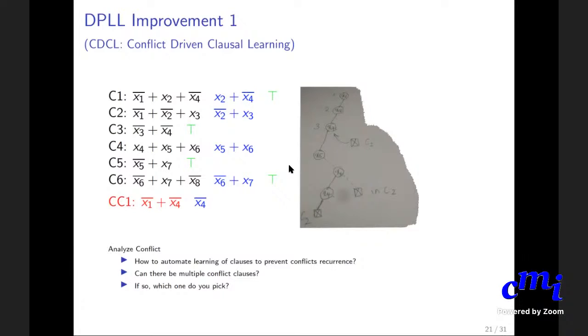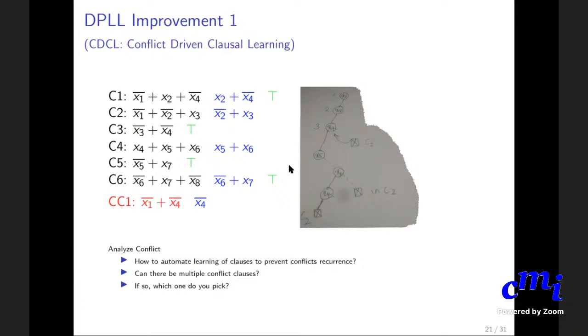But here you don't need x7, because that decision on x7 is what led to the implied x4. Therefore this is actually one of the shortest clauses that can prevent